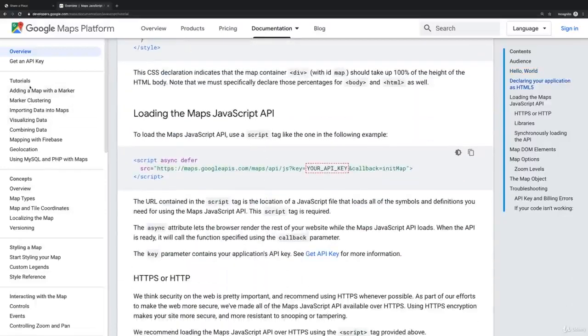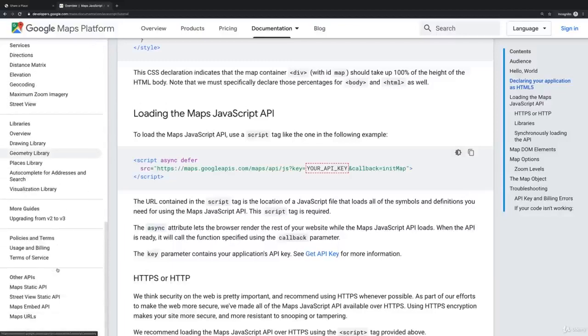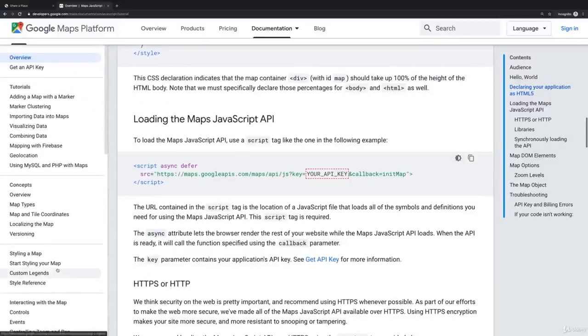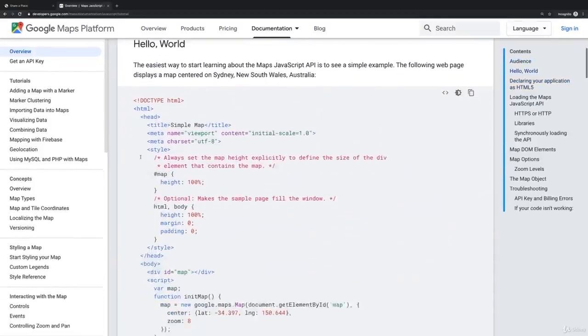And I can only recommend diving into this documentation if you want to deeply dive into Google Maps and what you can do with it in JavaScript. There is a bunch you can do with it, because in the end, Google Maps, the web page which you can visit, is built with that, you can say. We'll build a basic map though,